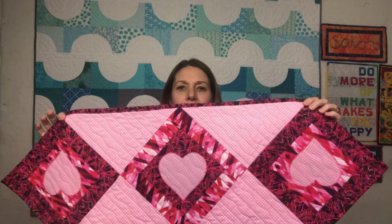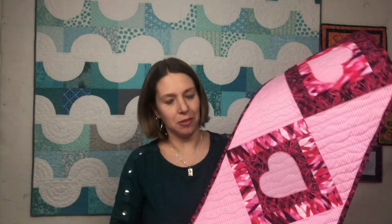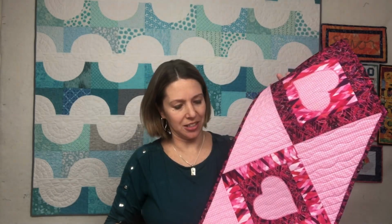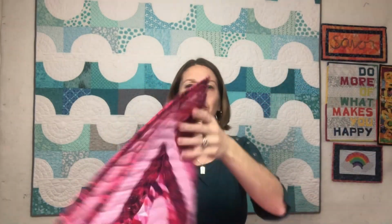We've got the table runner, which has 3 blocks, each with a little applique heart in the center. And then we've got 2 coordinating placemats. And you can make this project quickly and easily, and I'll walk you through each step of the way. Now the Table for Two pattern makes 1 table runner and 2 matching placemats. But both the placemats and the table runner use the same block, so we'll be making 5 of the same